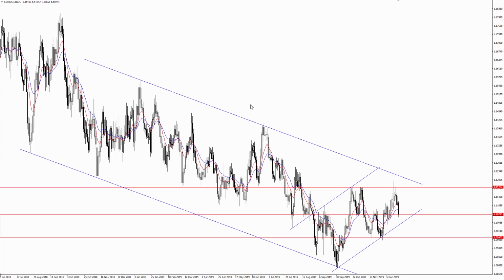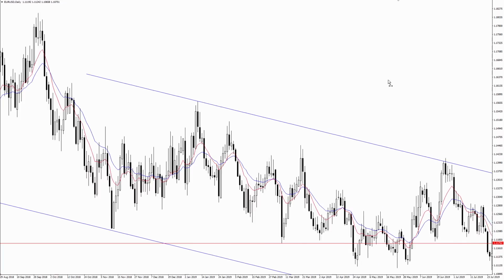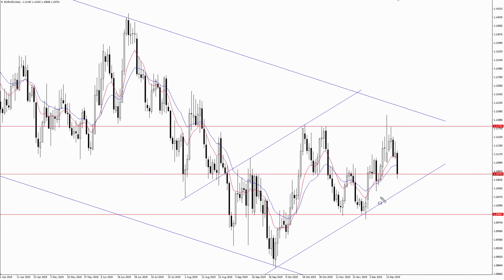You can also see how recently the Euro struggled right at that resistance level around 111.70/80. So this is the level that the pair topped out at earlier this year, and you can see this long upper wick back here that formed right in that same area. So since then we've seen a rotation lower back into 110.70 support. So on the daily time frame, this level has been incredibly significant for the Euro throughout 2019.